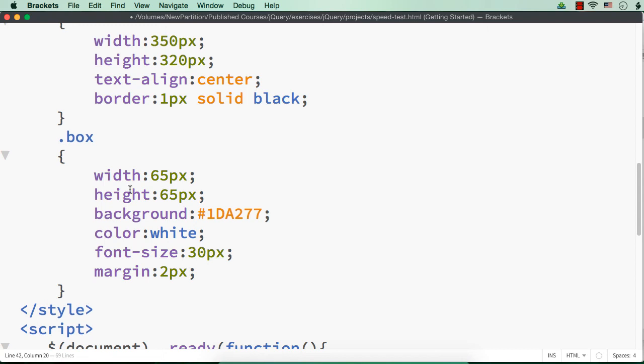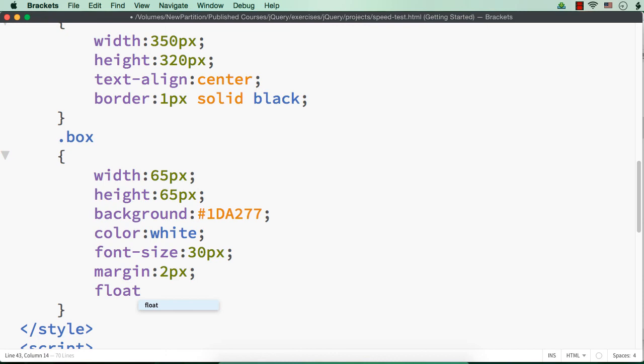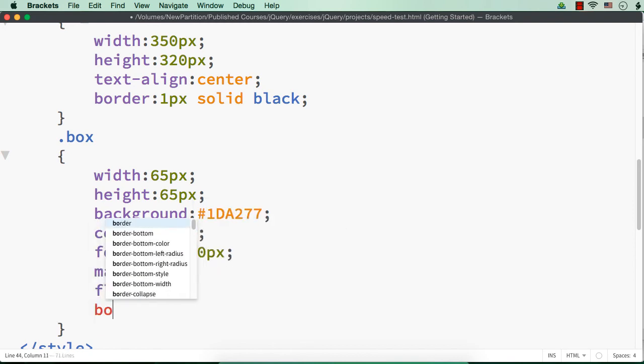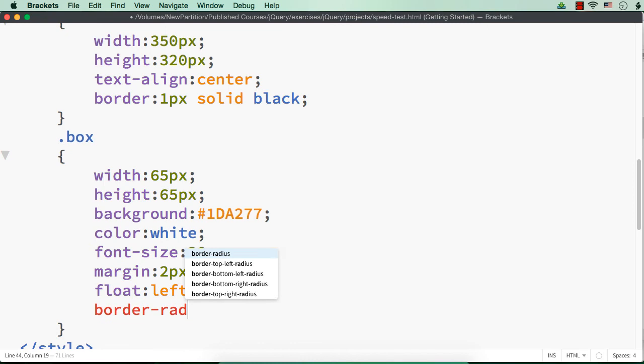Let me set a margin of 2 px to have some gap. We are actually setting some initial values. If we want, we can change them later. Okay. Then as I want to display the boxes one next to the other, I am specifying float to be left. Otherwise, they will be displayed one below the other, right? Then what other properties can we have? Let me have a border radius to have some rounded corners.